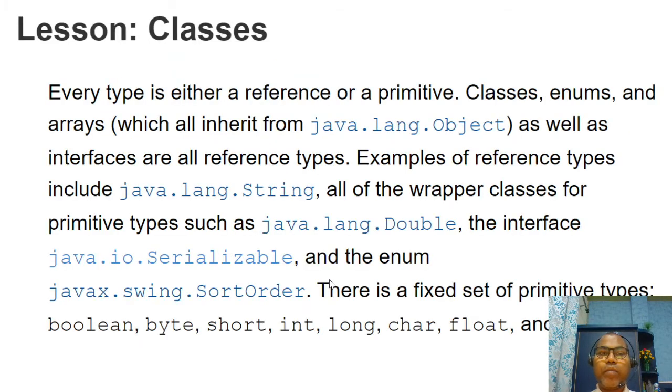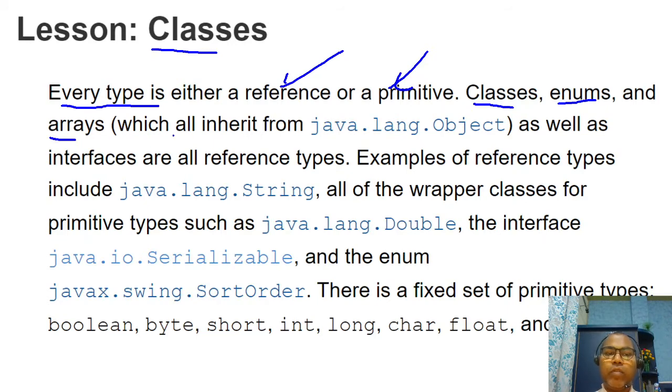So let us examine some details and write some code to figure out how to use it. Okay, so first we discuss classes. What are classes here? Every type, maybe reference types or primitive types, or maybe a class, or you can talk about an enum or an array,